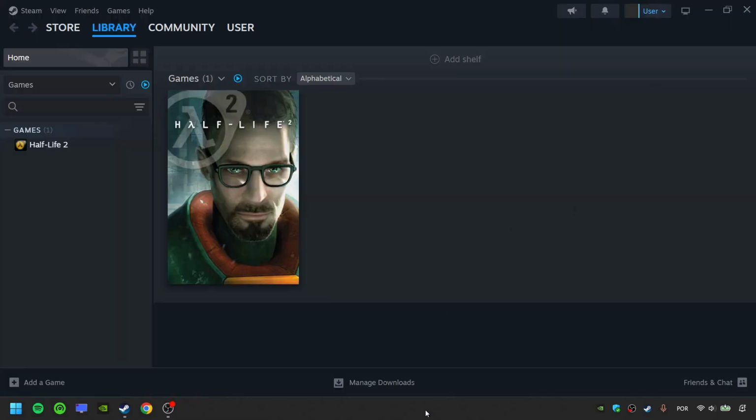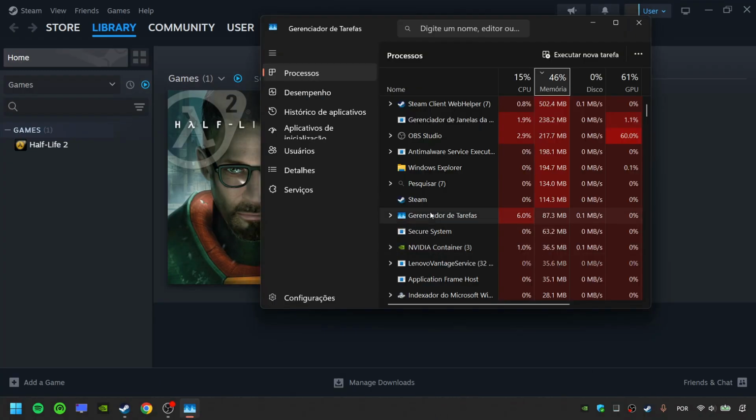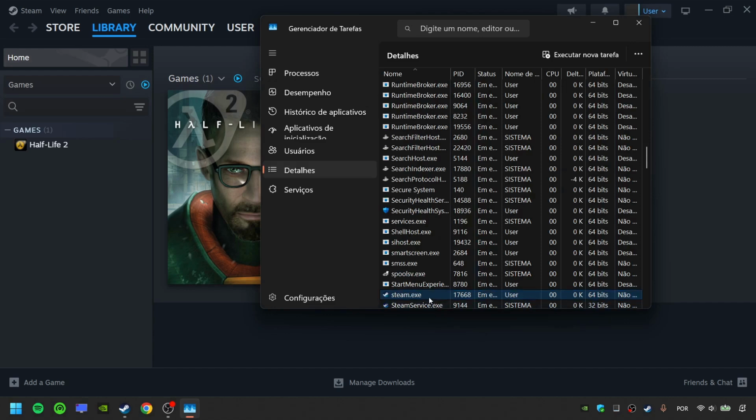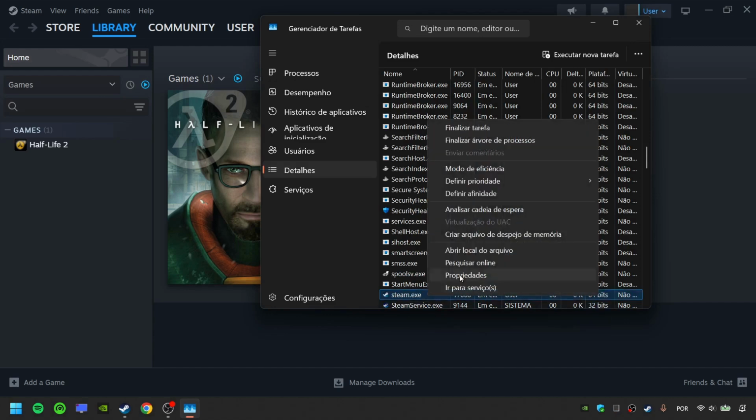Right-click in an empty space in your taskbar and click on Task Manager. Right-click on Steam and click on Go to Details. Right-click on Steam X and click on Set Priority and choose Real Time